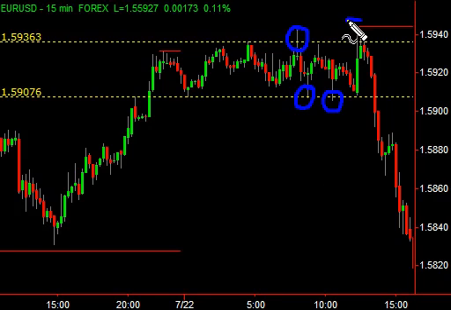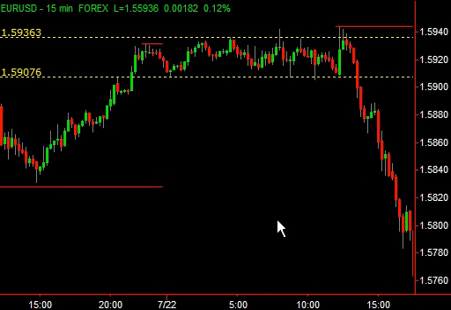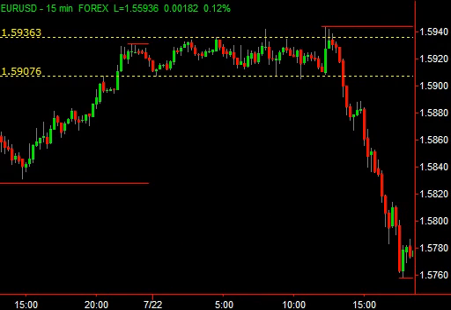Breaks out to a new high for the day. Price breaks out, pulls back, doesn't trigger the trade. Price breaks out, could have got an entry on the lower time frames, but there's the pullback on the 15-minute chart. Price breaks out, pulls back, and off it goes. So by waiting for the pullback, you've avoided 1, 2, 3, 4 failed or false breakout